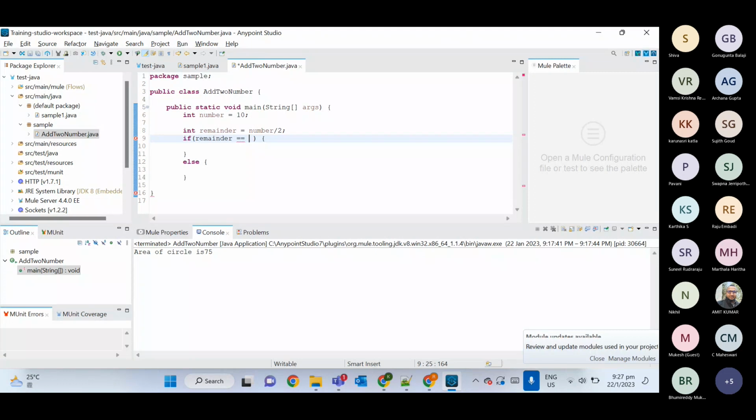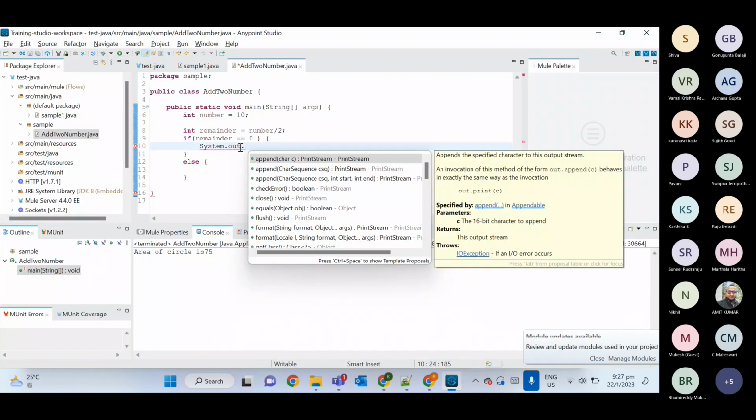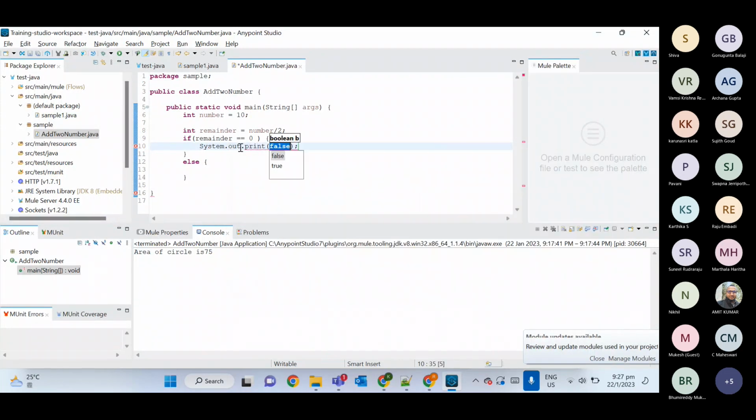If remainder equals to 0, then we write System.out.print